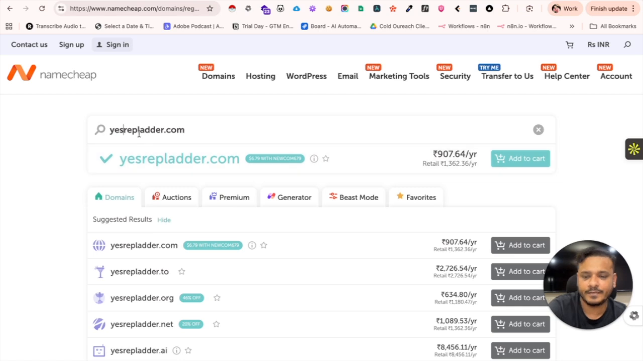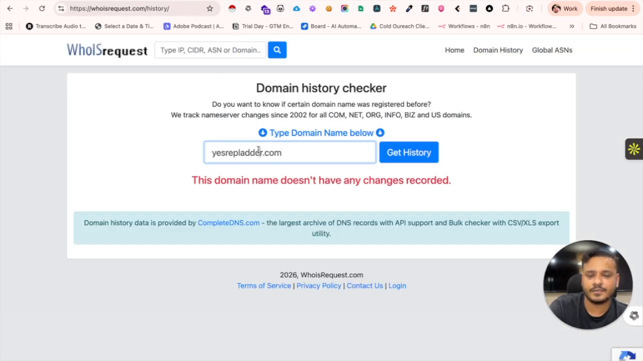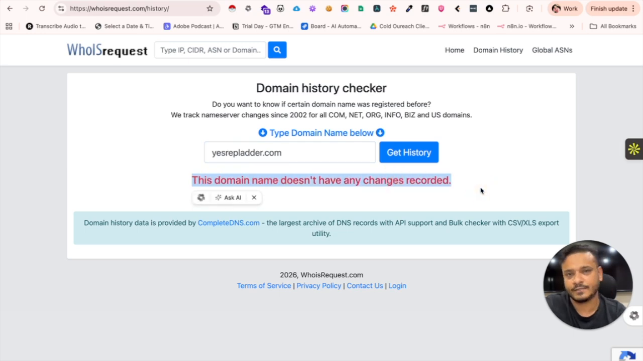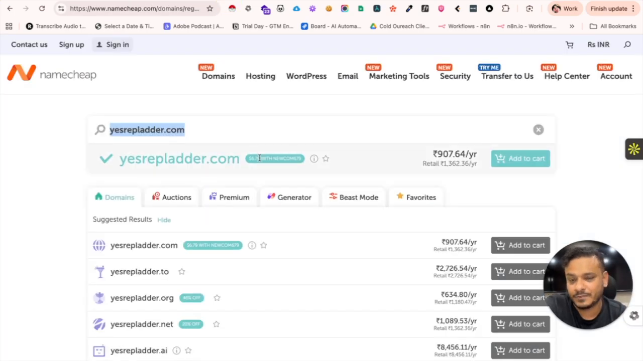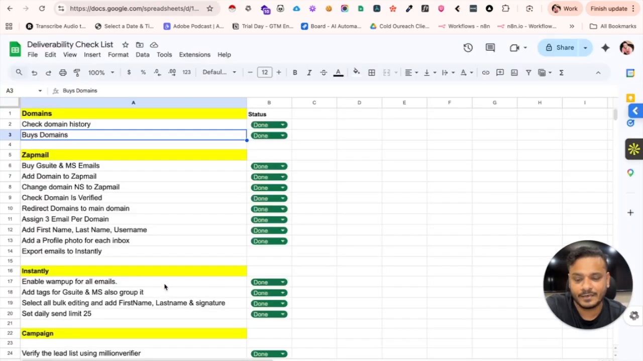Once you have this domain, just copy this domain and run it through a drop search. I will add the link in the description. If this domain doesn't have any history, it means nobody has purchased this domain before and it doesn't have a bad reputation. Do this 8 times because we need 8 domains,